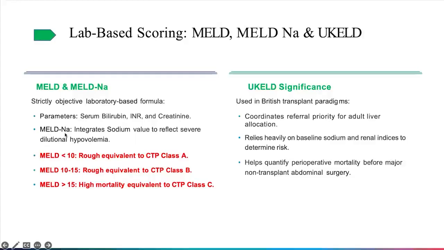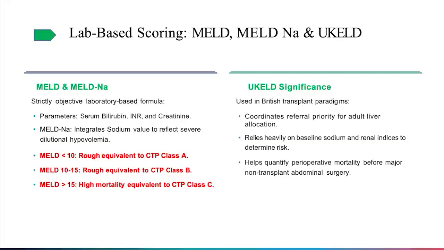If you include sodium into this MELD score, that is MELD-sodium, which includes sodium as well. And you have UKELD as well, which includes bilirubin, INR, creatinine, and sodium. So in UKELD, it gives more weight to the sodium level, right? So all these scoring systems you can easily calculate using online software, right? It's free. And these MELD and UKELD scores are mainly used to list or prioritize patients for liver transplant, but you can use them to assess the perioperative risk as well, right? But when you consider this whole scoring system,